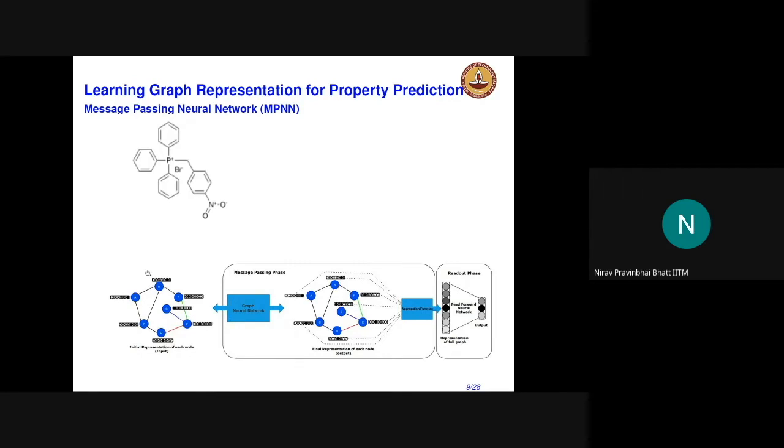So what we have done is we started with the basic property, and we come up with some property of each atom in this particular molecule. Once this property is achieved, we aggregate these properties and create a property of the molecule. Once we have that, at the end of the day we have a fingerprint for this molecule, which is our output. Then we use this output along with the property to build a model which predicts the property.